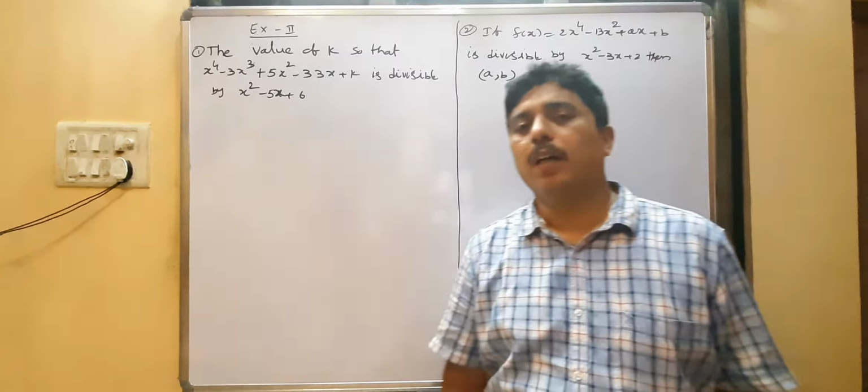Copy that problem. Same for the second problem. F of x, the fourth degree polynomial, is divisible by a second degree polynomial. Observe the f of x: in 2x power 4, the x cube term is absent, so you can put 0 into x cube, minus 13 into x square plus ax plus b is divisible by